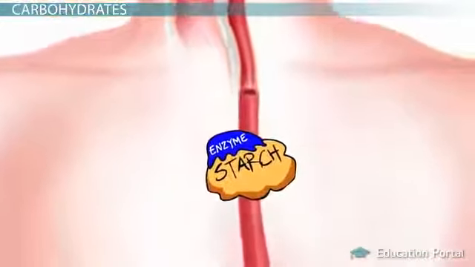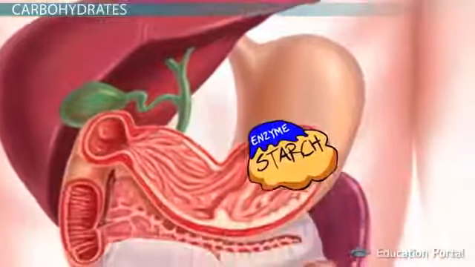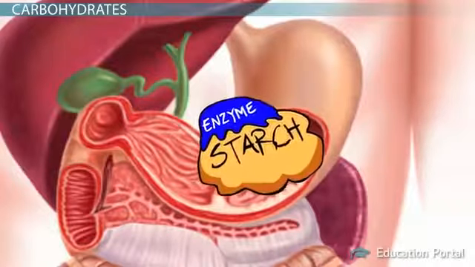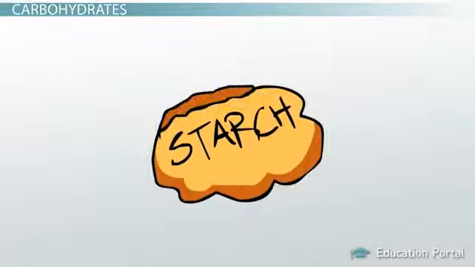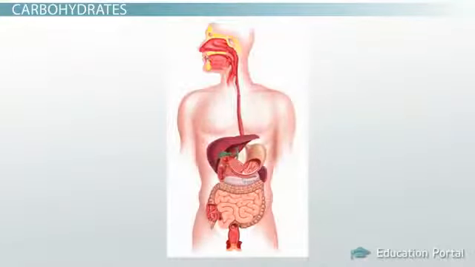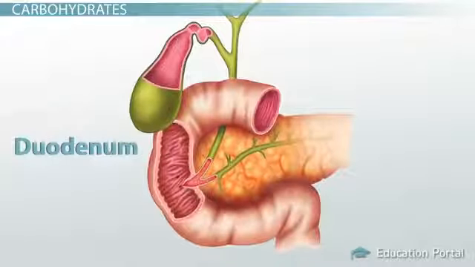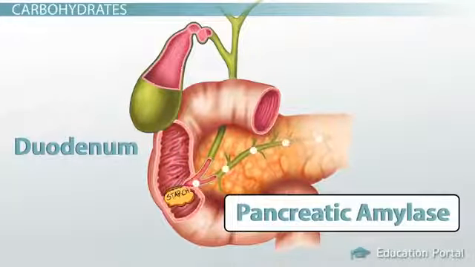And when you swallow the food mass, some of the salivary amylase travels along with it, and you would think that the enzyme would keep working to break down the carbohydrate. However, the enzyme is inactivated in the stomach because the environment of the stomach is too acidic. Digestion of the carbohydrate does not resume until the food mass reaches the first part of the small intestine that we call the duodenum. Here, the carbohydrate meets pancreatic amylase, which is similar to salivary amylase, and continues the breakdown